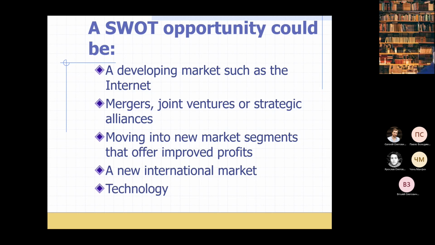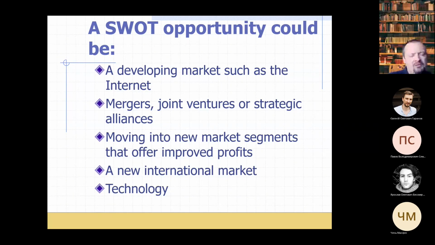I'm really sorry, and I'd like to explain a very important thing. You can think about me, dear professor, we are not in kindergarten, you have repeated the same thing for the third time. Why did you decide to do it so many times? It's just because I will not ask you the difference between opportunities and strengths. The only thing which I want to stress is that you have to find positive factors within your company and outside the company,